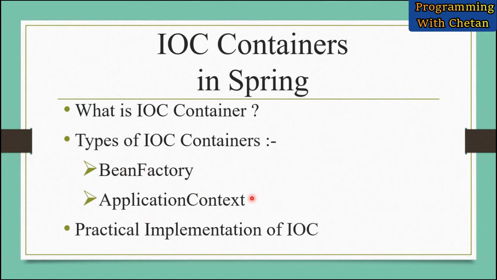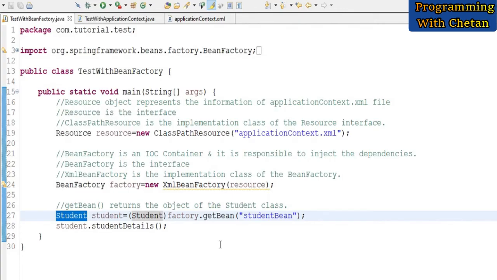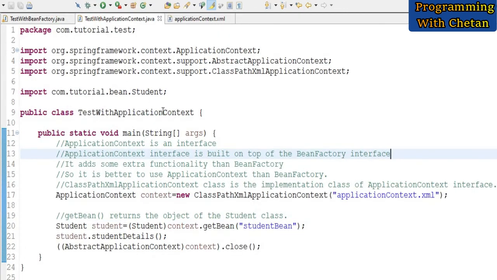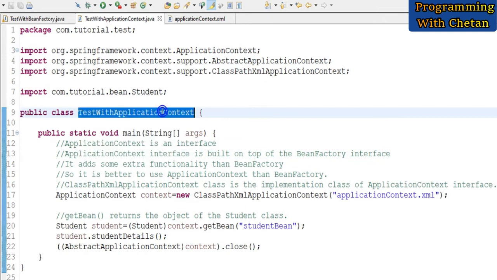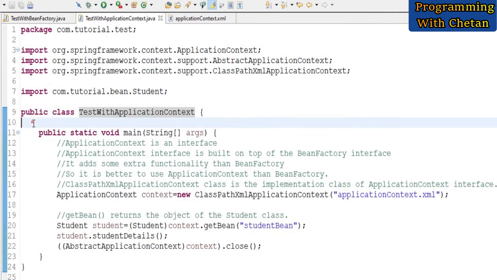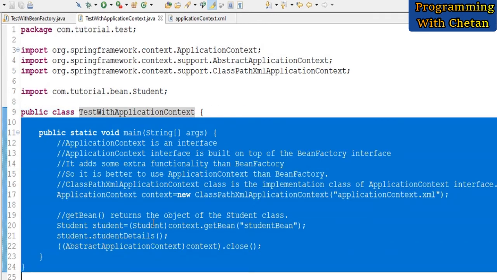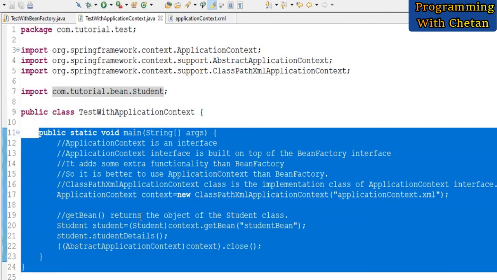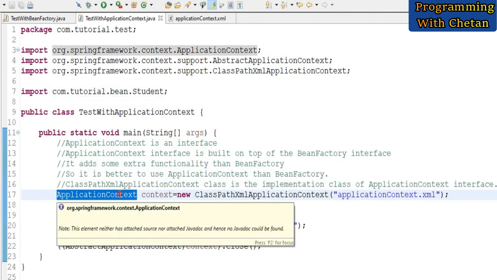Now let us discuss various concepts related to the ApplicationContext IOC container. So for understanding the concept of the ApplicationContext IOC container, I have created one class with the name TestApplicationContext, and inside our class I have created one main method, and we will use this main method to understand the concepts related to ApplicationContext.